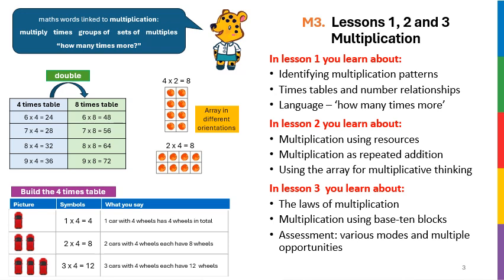The other important thing about an array image is that in that image, you see the first number, which is the number of rows, or we can call it a factor or a multiplicand if we want, but we obviously wouldn't use those words with very young learners. But we see the first number, we see the second number in that number sentence, and we see the total. So one image shows all of those things.